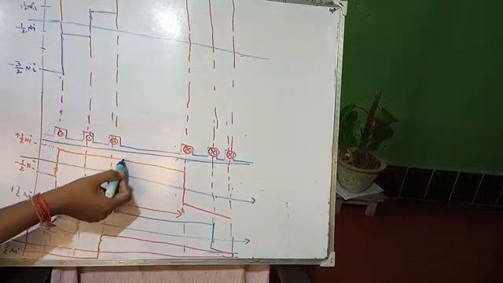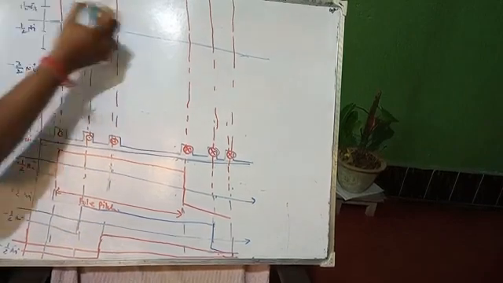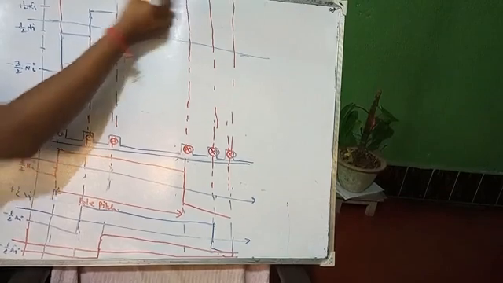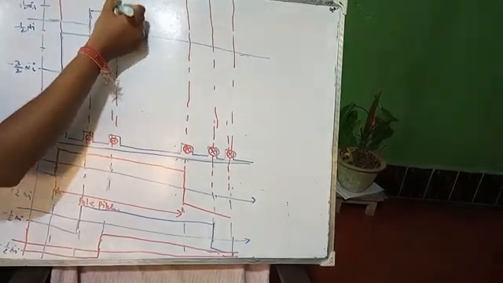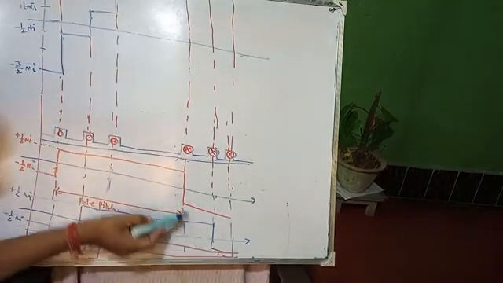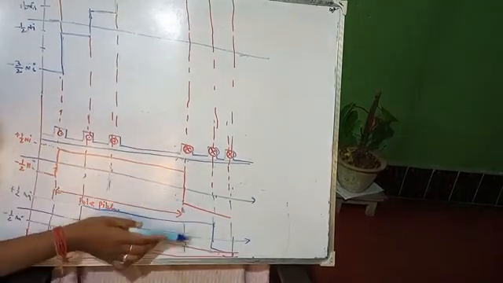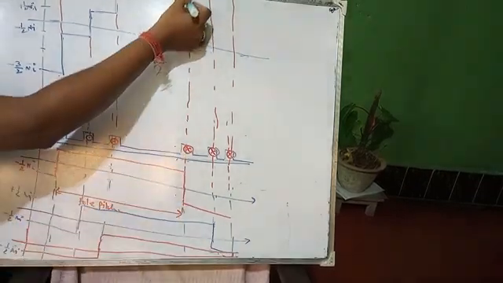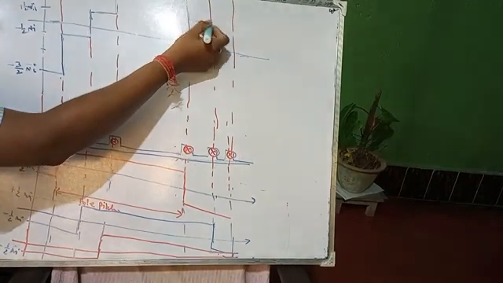Okay, all are positive means how much? It will go up to 3 by 2 half of Ni. Okay, and next within this range how much? It will be negative half of Ni. It will be positive, again it will be positive. So one value will cancel out, and it will drop down up to this much.